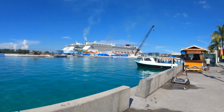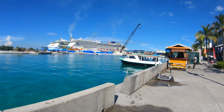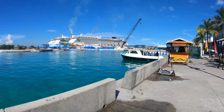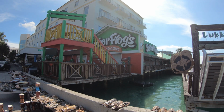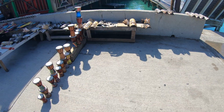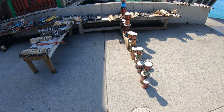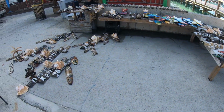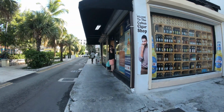Hey everybody, it's Jeff from New York, and I'm here just off the Norwegian Cruise Line Getaway, a fantastic, beautiful, big ship. And today I'm on an excursion here in the Bahamas. We're visiting Nassau. Nassau is part of the Bahamas, and yesterday we were still in the Bahamas. We were at Great Stirrup Cay, which is Norwegian Cruise Line's private island, and that video is available here on